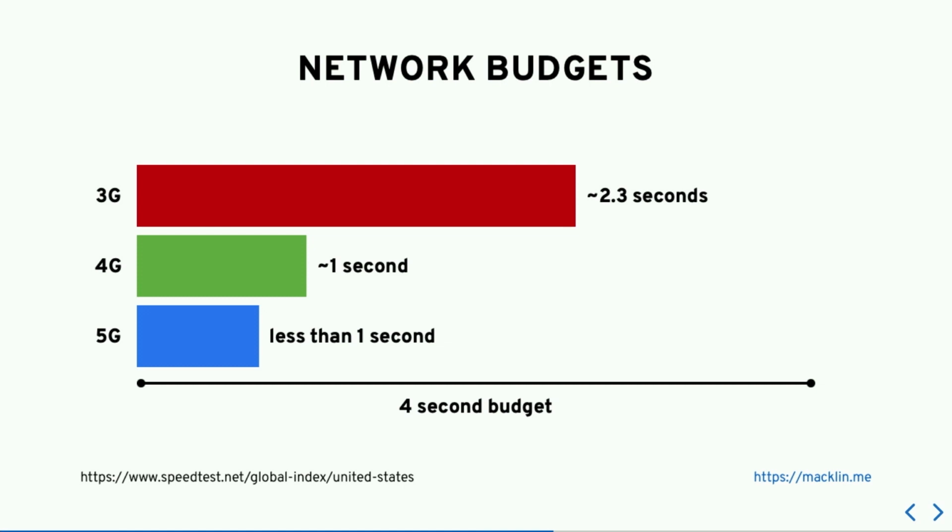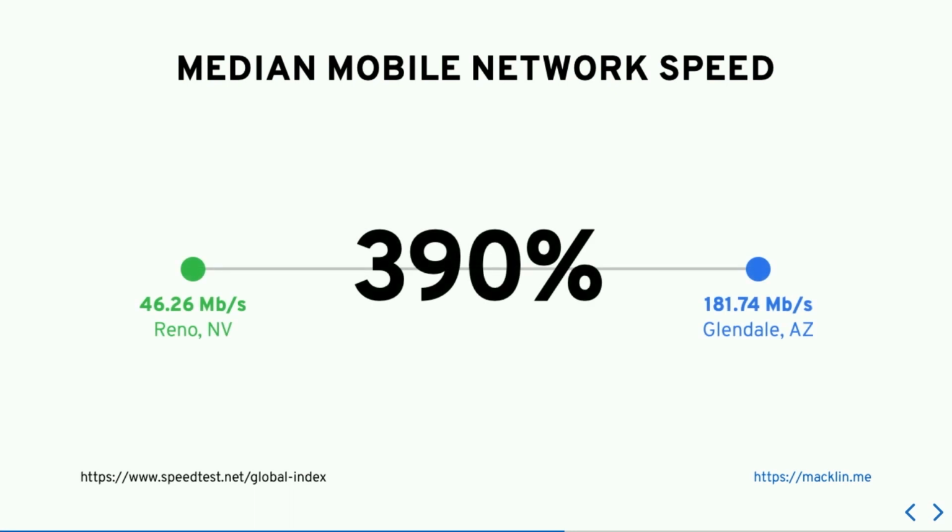But this doesn't really tell the complete story, because there's a huge difference between what actual network speed you get. Even if these are both 4G, these are the speeds that you're looking at. This is cities in the United States. This is all I could get the data for, but you can imagine a similar story for cities in Australia, like regional towns versus Melbourne and Sydney, for example. That's a huge difference.